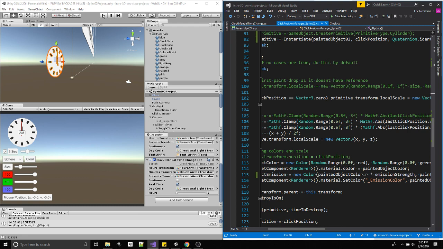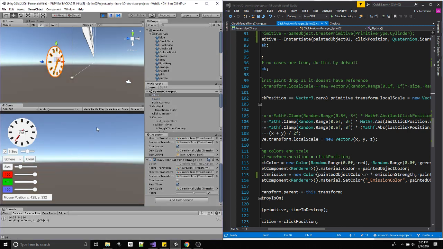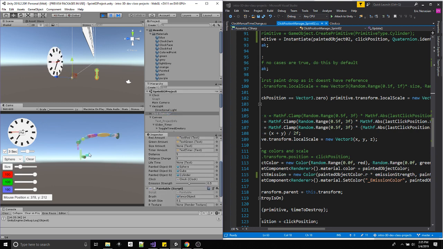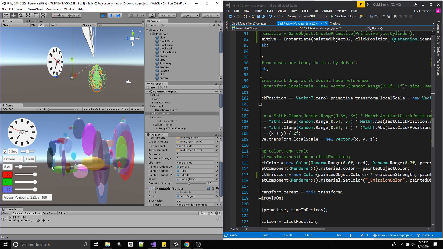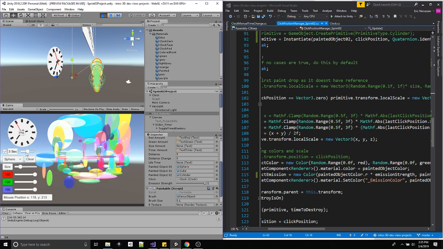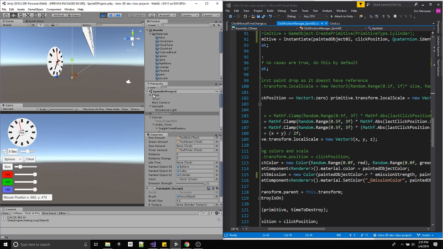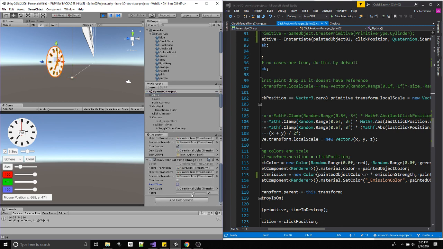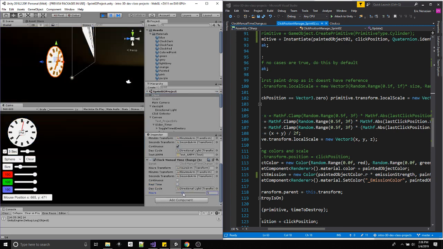So for this class, if I click play, I'll just give you a preview of what we need to talk about in class and what we're going to talk about out of class. So if you notice, if I click on my click detector, these objects now kind of have a transparency to them, and they have kind of a glow to them. So if I increase this emission strength, they're glowing stronger. So if I change my time, turn off real time, and I make it really dark,